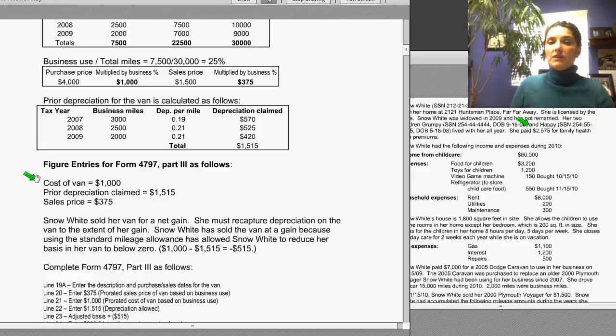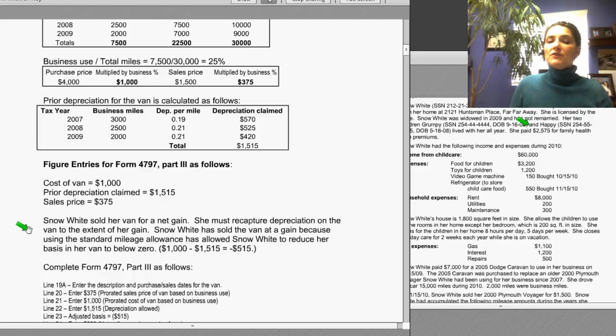Ultimately, we're going to fill out Part 3 because through depreciation, Snow White has actually sold her minivan at a gain. Her business cost is $1,000. Her prior depreciation claimed using the standard mileage rate is $1,515, and she sells for $375. Ultimately, what this means is that her basis has been reduced below zero. Her basis is now negative $515, but she sells for $375. So she does have a gain of those two amounts that's going to carry, and that's where we get this